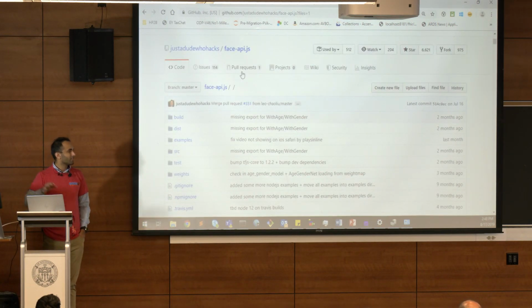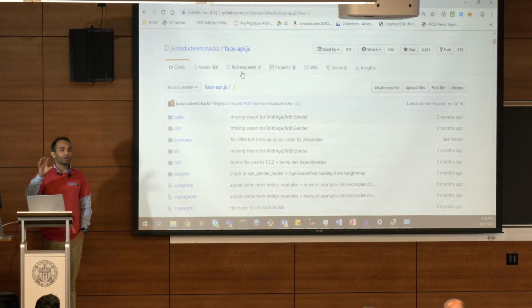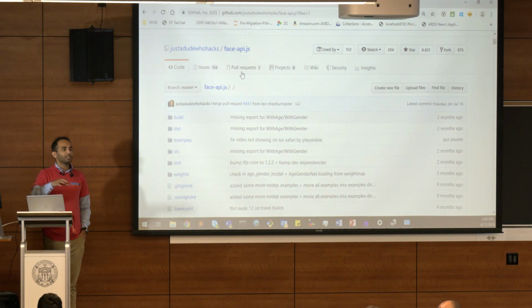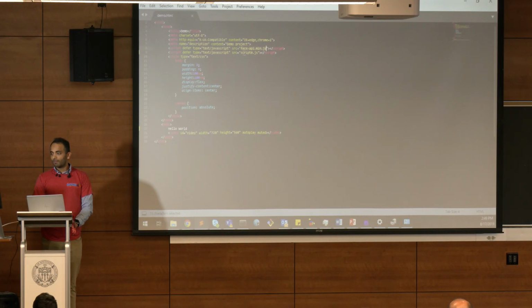I don't know if we mentioned this, the face-api is built on top of another one of this guy's modules, which is built on top of TensorFlow.js. And for those of you who are unfamiliar with TensorFlow.js, obviously TensorFlow is TensorFlow, but TensorFlow.js lets you take advantage of WebGL to do a lot of the same functionality totally in the browser. So with no other dependency, totally browser dependent. So we pulled in the face API, just have that downloaded locally. And then we've got some code here.